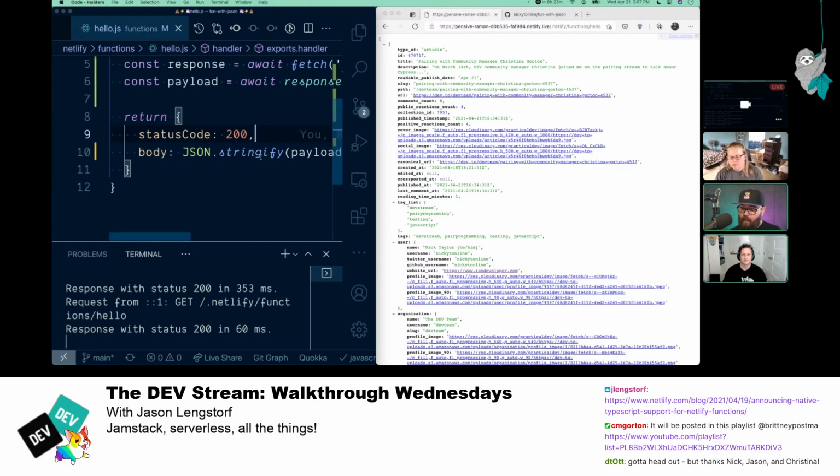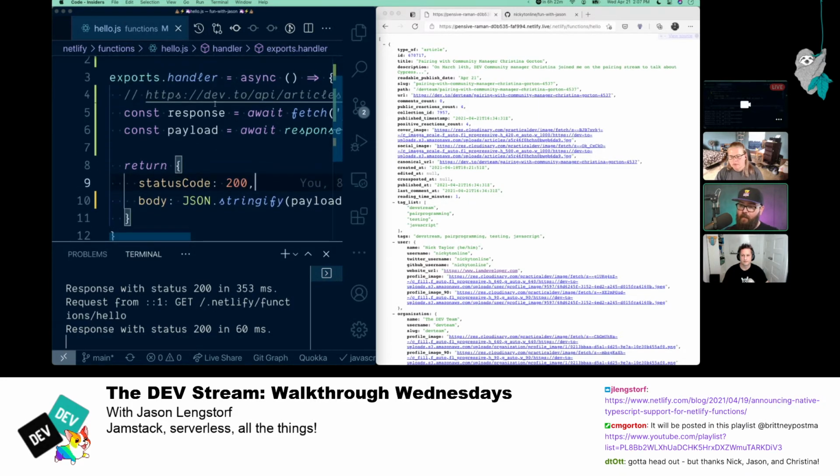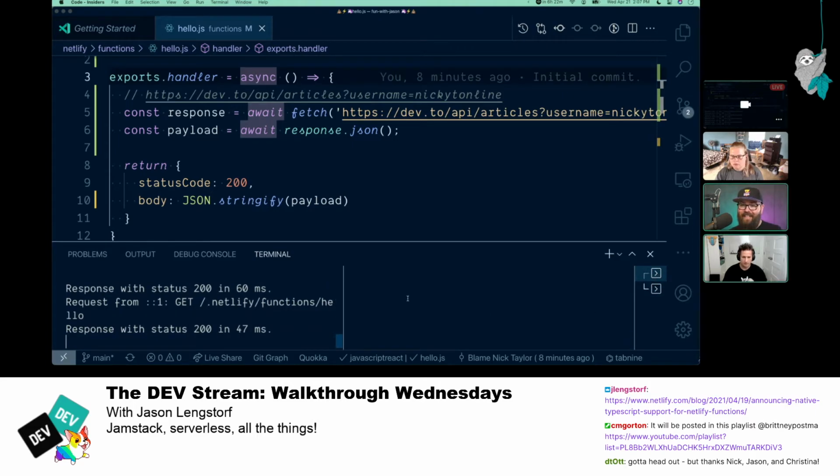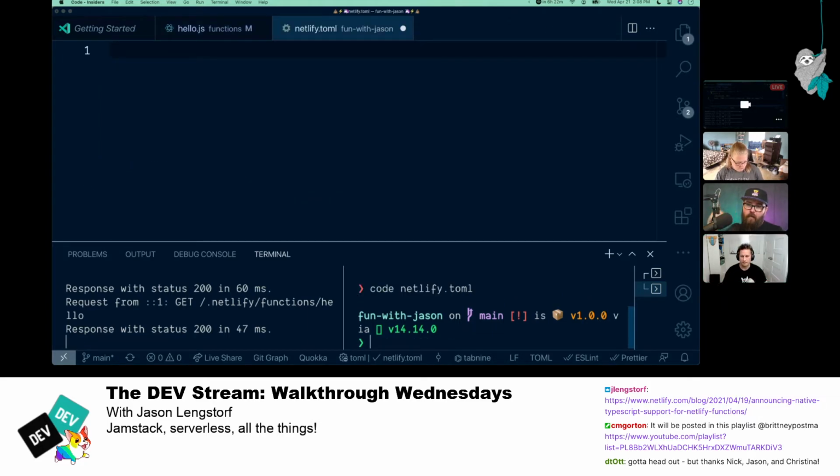So let's do one more step. Let's make this feel like an API. So let's create a file called netlify.toml, and put it at the root of the repo. Okay.